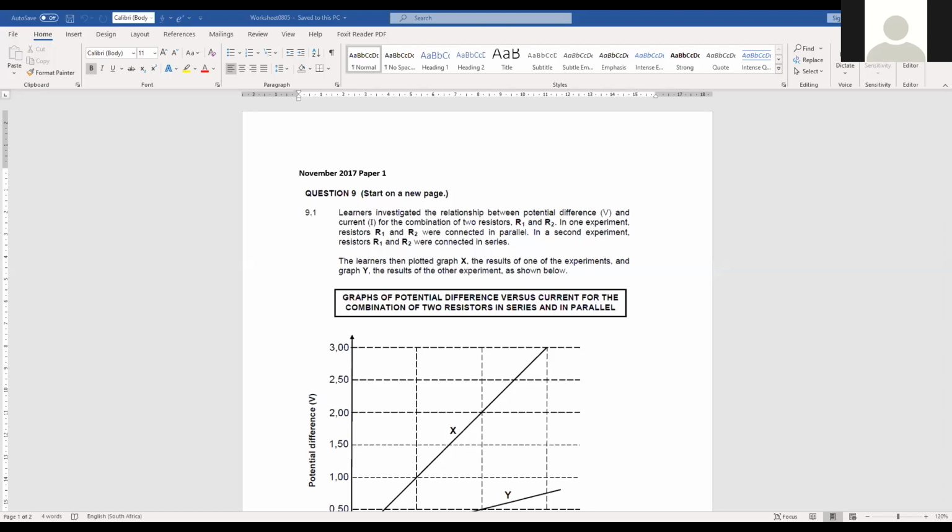Resistor R has an unknown resistance. Then they ask you 8.1, what is the meaning of the following statement? They say the EMF of the battery is 12 volts. So all you have to write here is that the potential difference